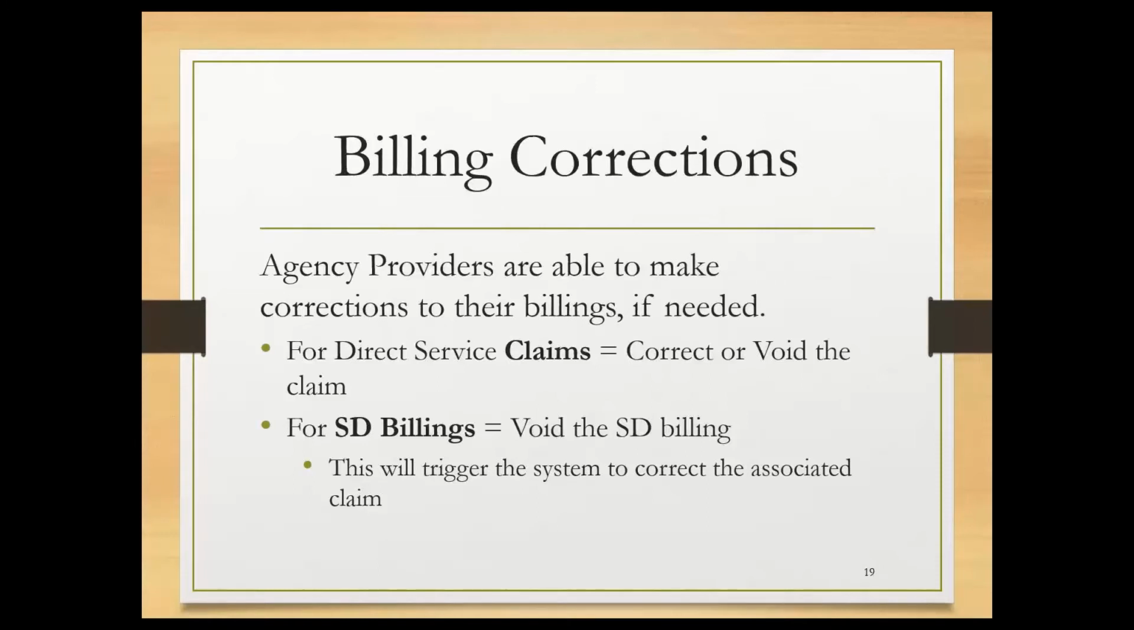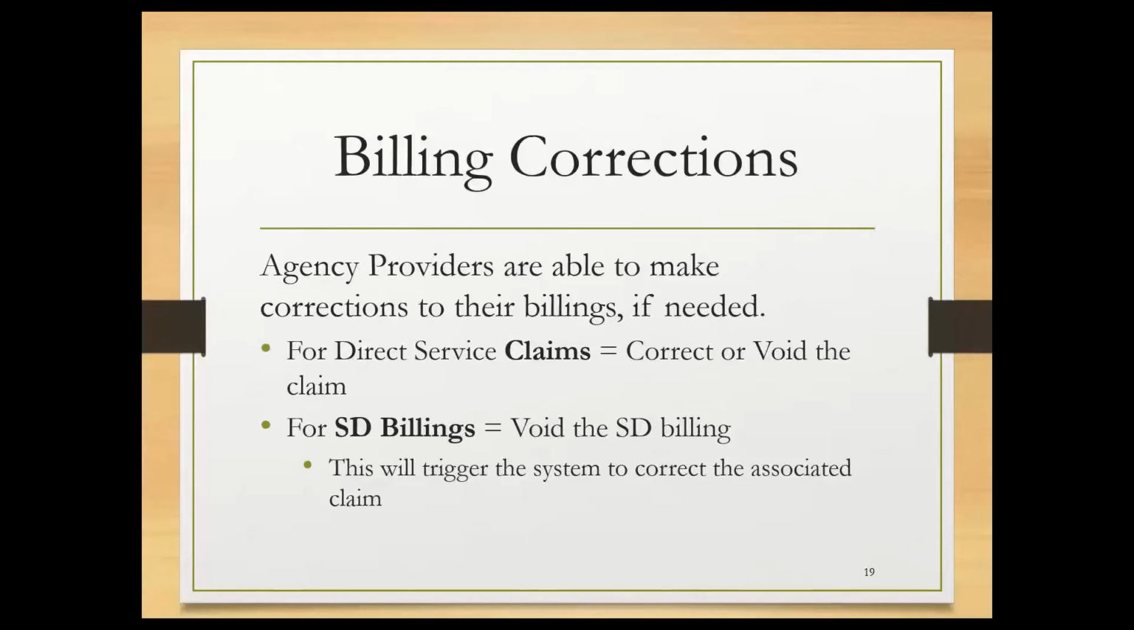Now, there may be times that you've submitted SD billings or claims because of the information you had at the time. Perhaps it's an admin person doing your billing for you, who got that information from someone else, and then it turns out that the information needs to be corrected. As an agency provider, particularly those staff at your agency that have the claims manager user role assigned to them, have the ability to make corrections to your SD billings or your residential service claims